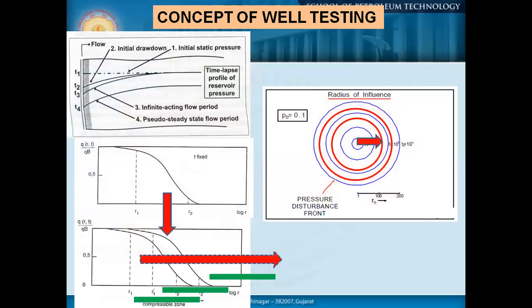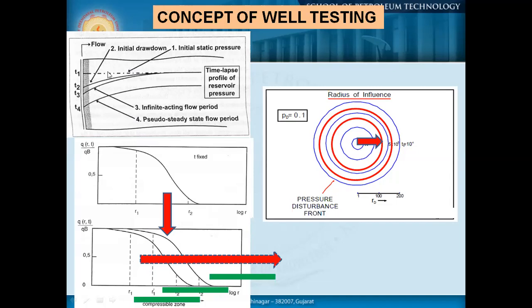So this is one part which I tried to put in a single slide. You could understand that simultaneously we are producing from a well. Okay, so the pressure pulse is moving in a sequential manner with times T1, T2, T3. That is, as you progress your study, the pressure pulse will move away at a different rate of propagation. So this area is now considered to be the compressible zone. So with time, the compressible zone will move away.